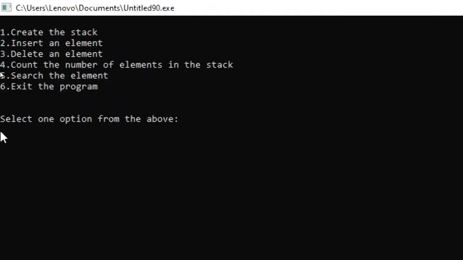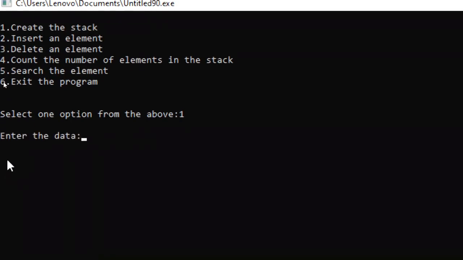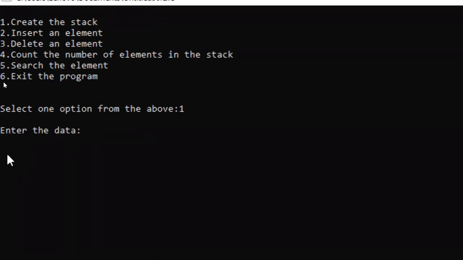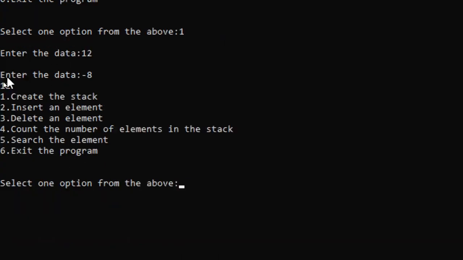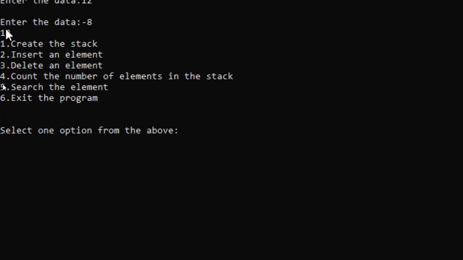I create a list. So I take option number 1 first, and here it says enter the data, so I also enter a data, and thereafter I take a negative number, that is I take a stack of only one data. Here you see there is only one data in the stack, and now I want to delete that data. So for that I select option number 3, so accordingly I place here 3, and now I